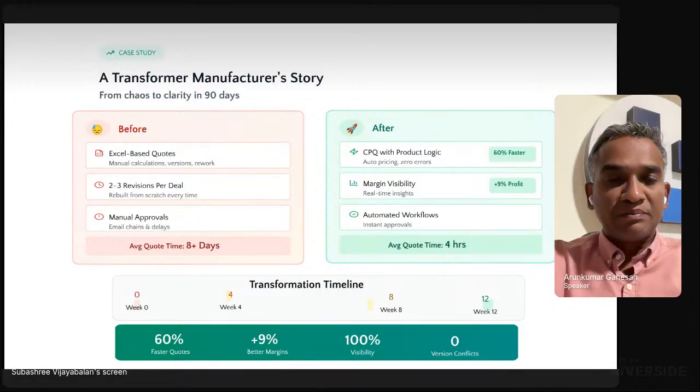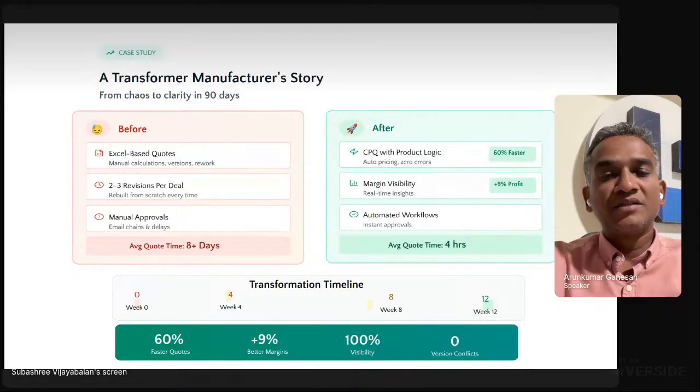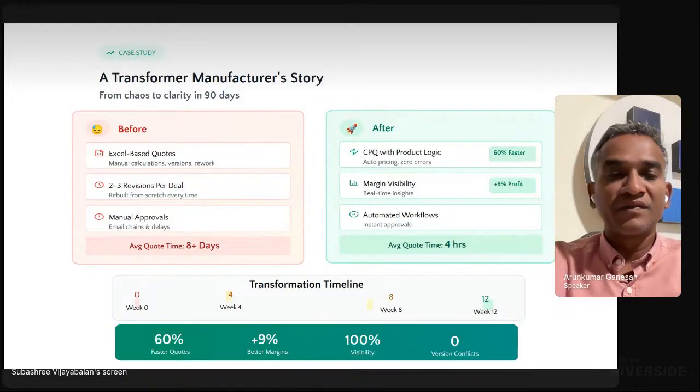But with implementing Lens, we have reduced even engineer-to-order scenarios to 4 hours. So mostly automated documentation, getting the designs, getting the material cost, all these things are automated. And just a couple of approvals after that, it will go out of their inbox. So within 4 hours maximum, this is the average time for us. Certain quotes are even getting released from their system in under 15 minutes. So this is how the transformation is happening.